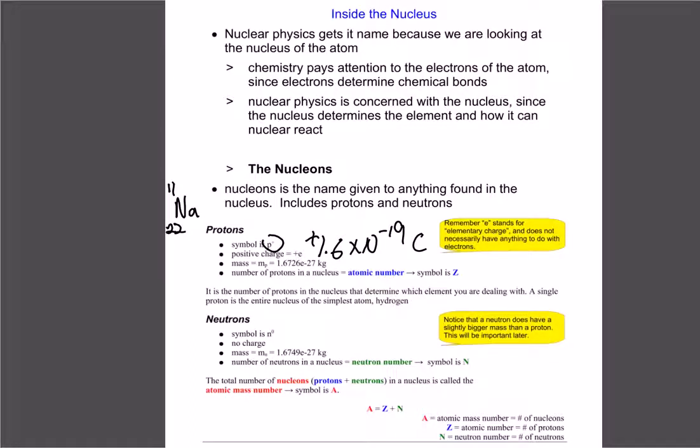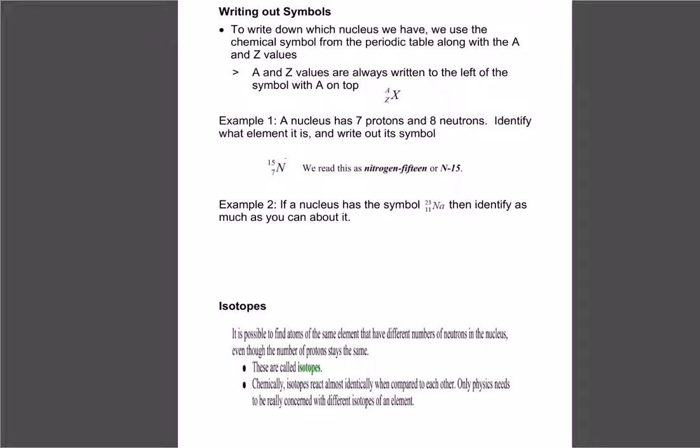But when you look on your periodic table, you can see the atomic mass is about 22.99, so it's almost 23. So what that means is, typically sodium then actually has one extra neutron. It has one extra neutron and still just our 11 protons. So when we write these things, that's how we're going to do it. So the top number is the number of protons, the bottom number is the total number of